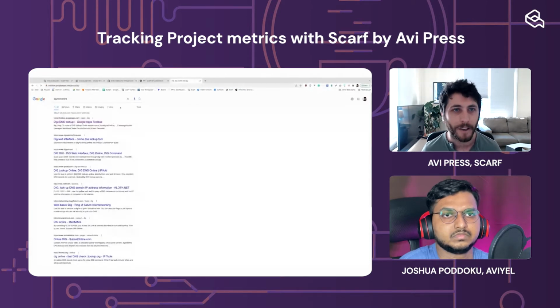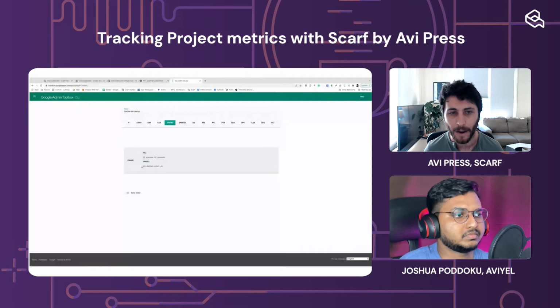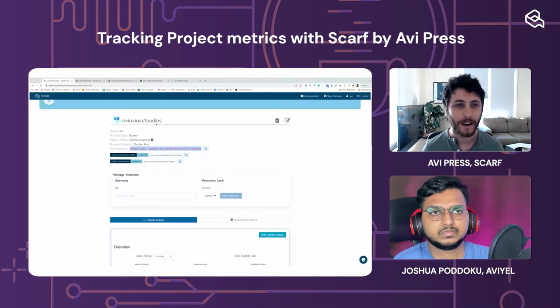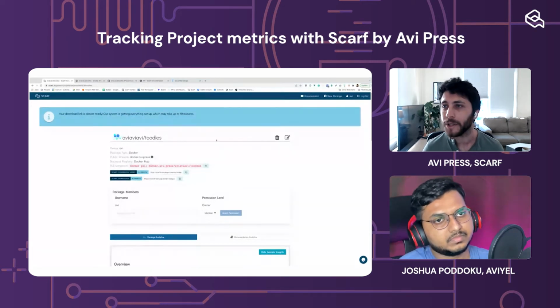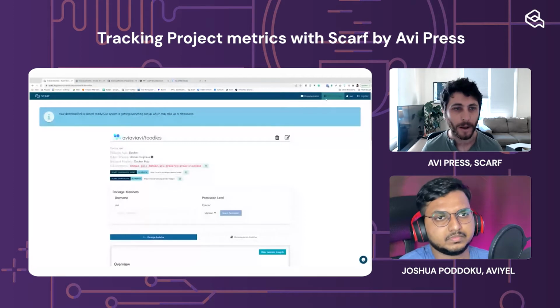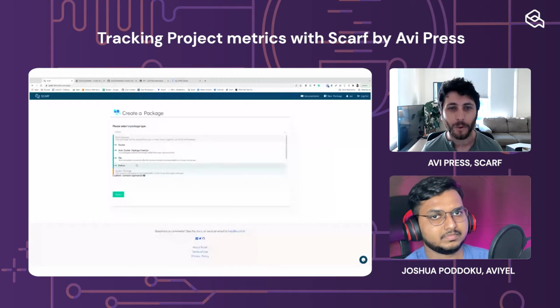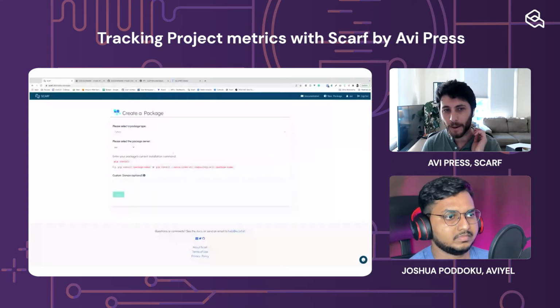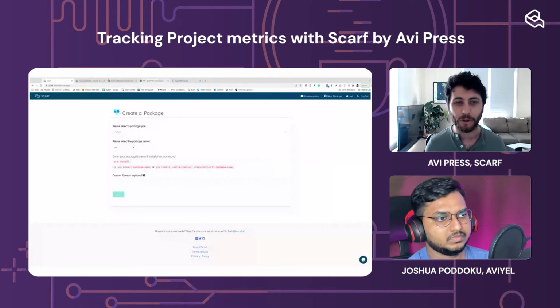And so just to show you what the value of this ends up being, if I look at what docker.avi.press actually routes to, I've set up a CNAME so it links to avi.docker.scarf.sh. And so real quickly, I know I'm jumping around a whole lot here. I just showed how that works for Docker, but it's really easy to track other kinds of things as well. We actually just launched Python support, for instance. So you are able to point any package that might be on pip or something like that, and we can easily track it with Scarf as well.